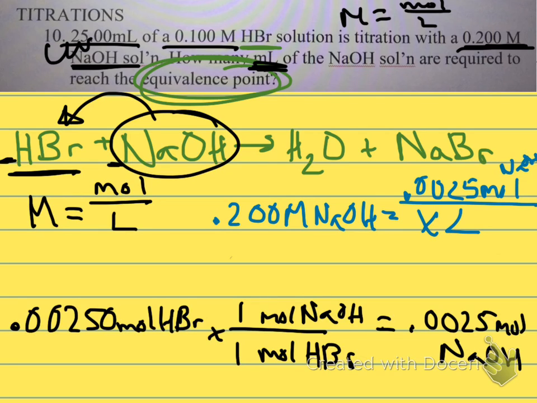So we do some cross multiplication, and we should get 0.0125